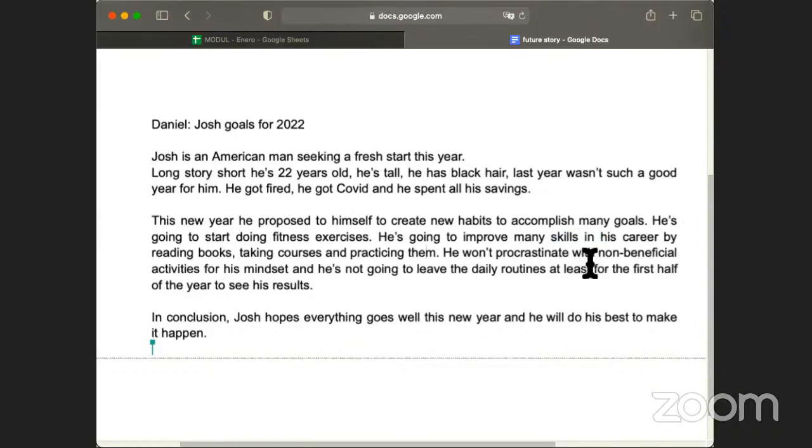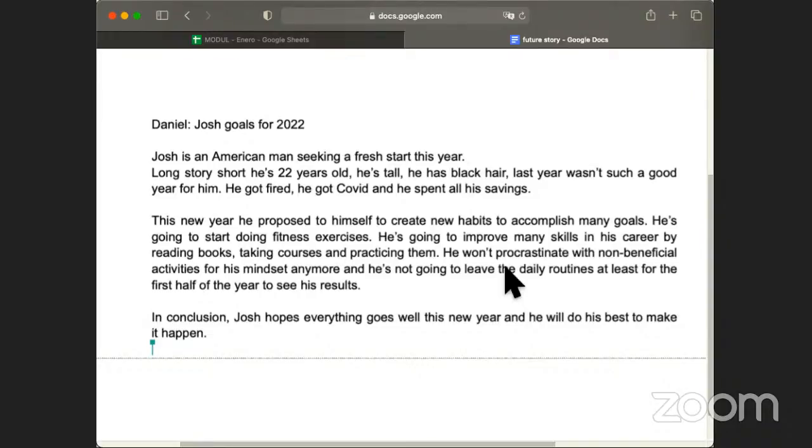He won't procrastinate with non-beneficial activities for his mindset. We can say anymore, no, because he's not going to do this anymore. And he's going to leave the daily routines, at least for the first half of the year, to see his results. He's not going to leave